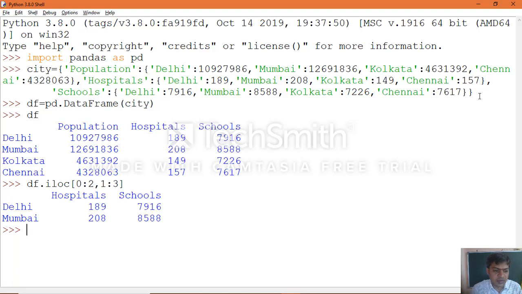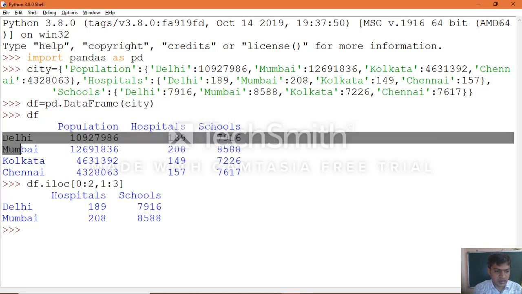You can see clearly the way how you will get the output here. The moment when you apply iloc for your data frame object 0:2, start with row 0, end with 2, 2 will not be considered here. That is what, the Delhi and Mumbai rows, which it will take. And here, the column labels which we specified by position, 1:3, start with 1 and end with 3, means it starts at 1 and goes only up to 2. So hospitals and schools, but here 3 will not be considered.